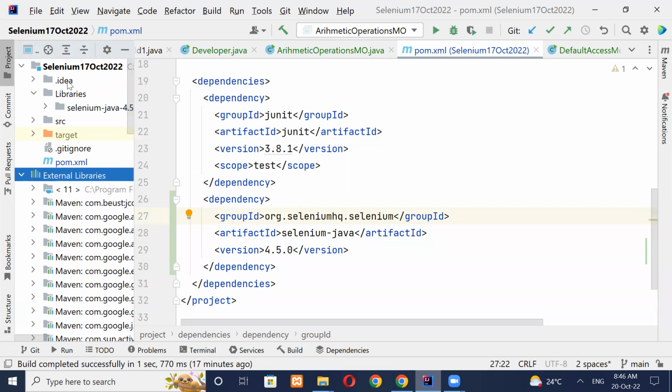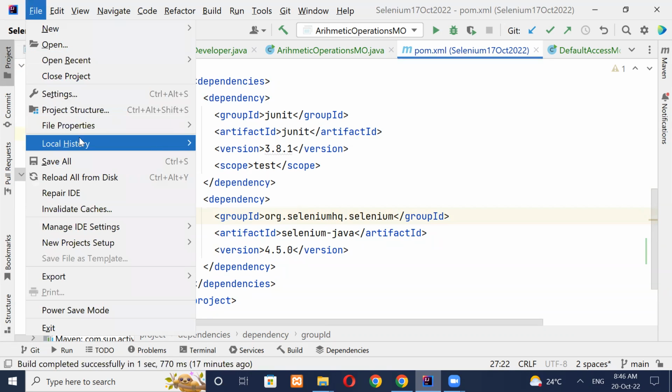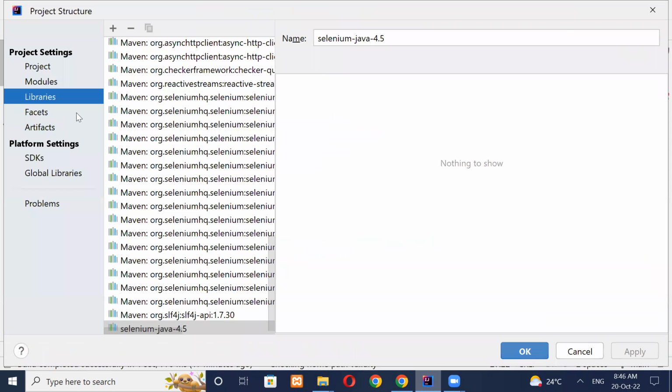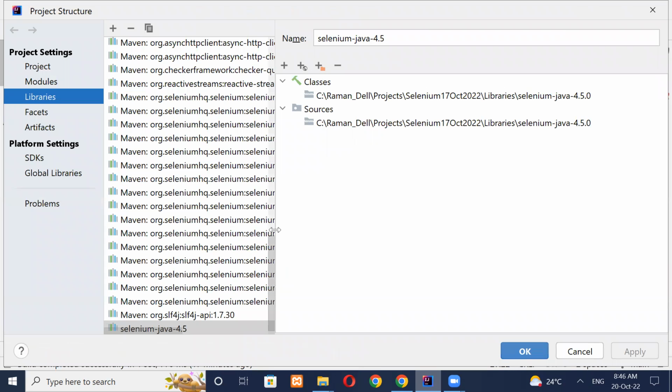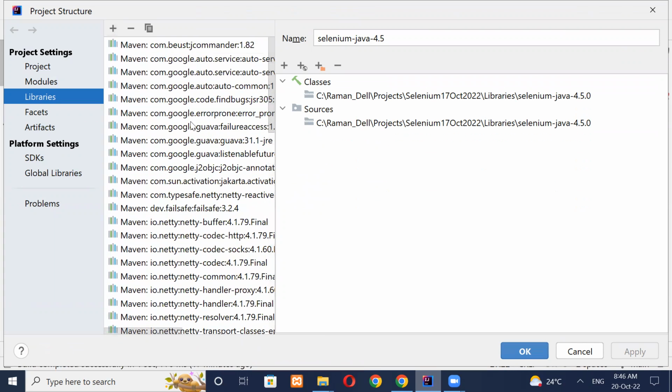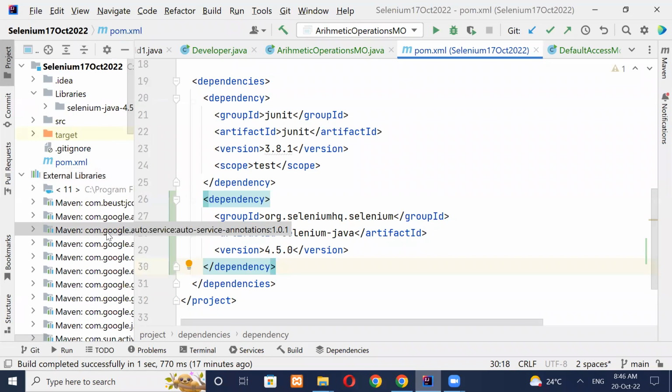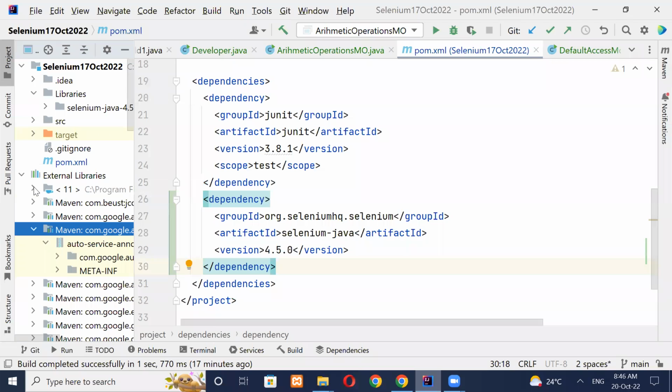So you need not follow that approach. Even if you want to delete this, it's perfectly all right. You can delete that. If you go to project structure, you can delete this also, no issue. Or if you keep it also, no issue. Let's come back to this dependency, right? Now it's all downloaded over here. As soon as it is saved, it will get downloaded into your external libraries. These are all the Selenium libraries. Once this is done,